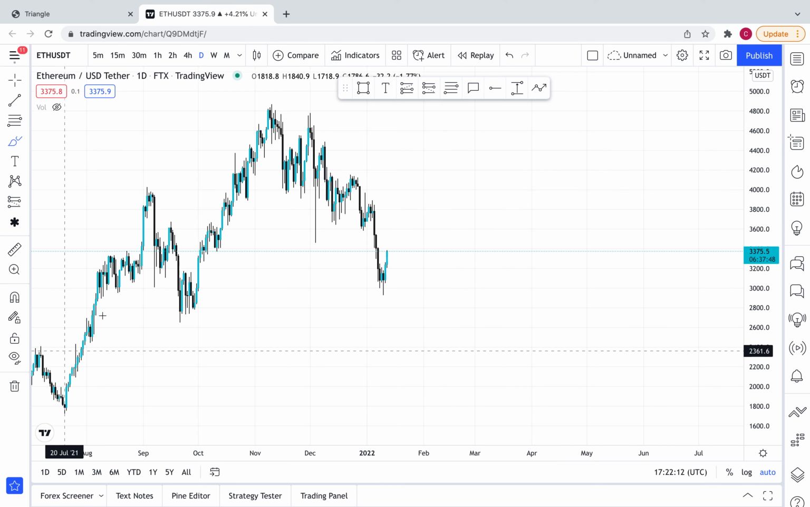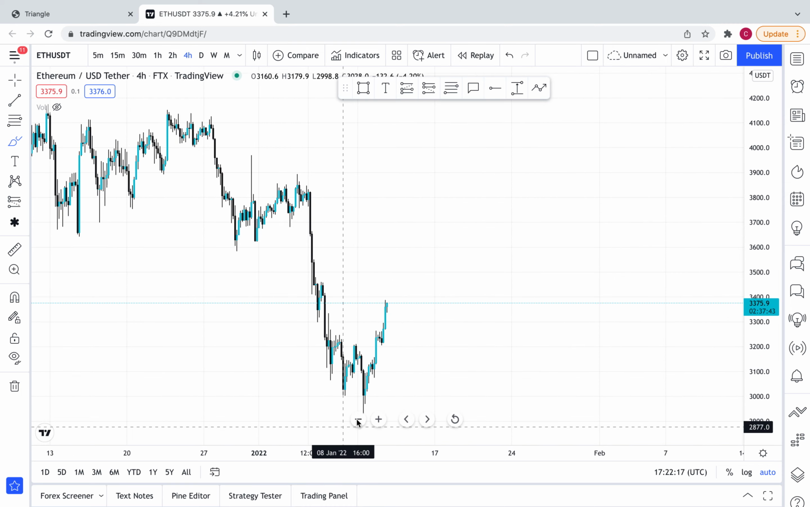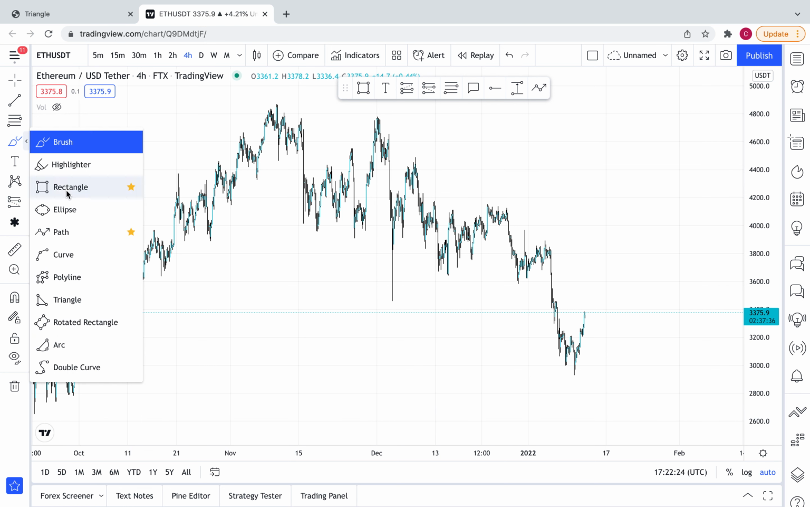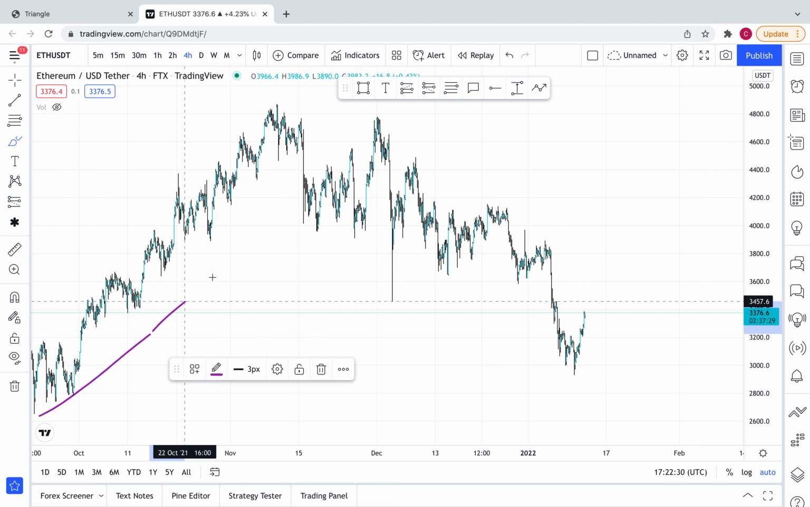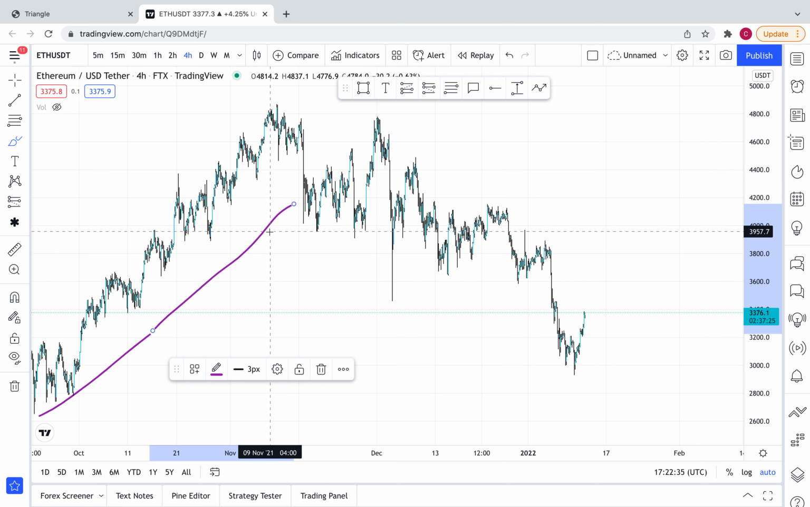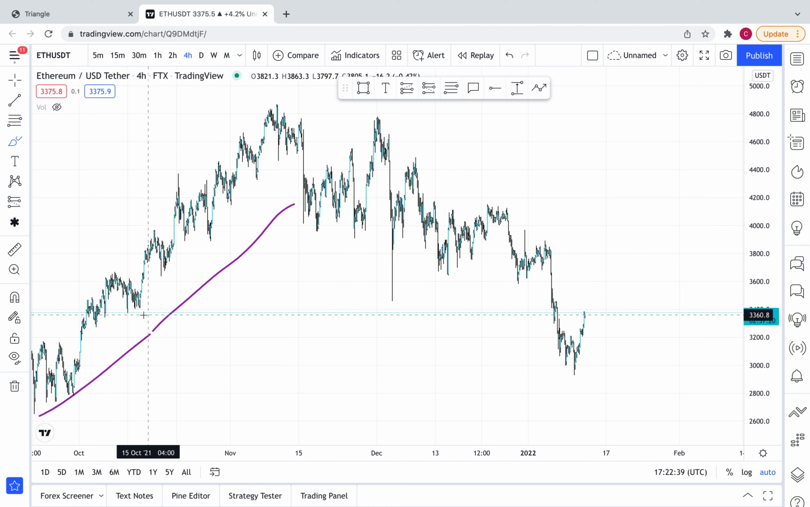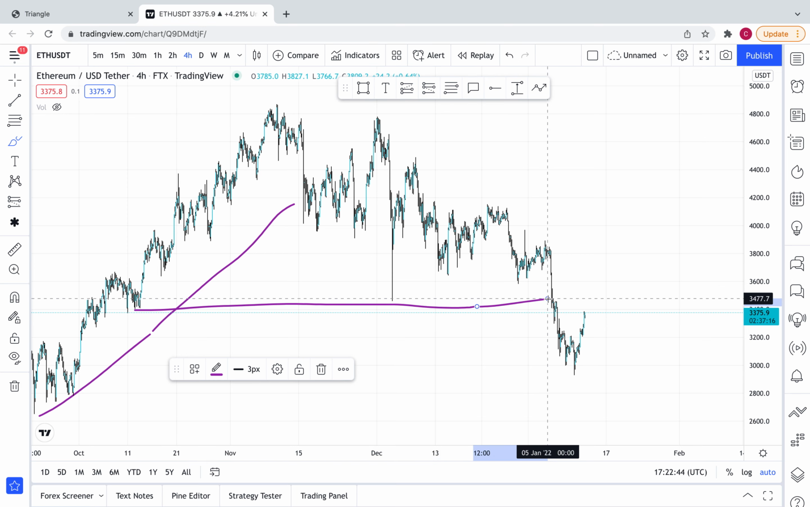So we'll be going to the 4 hours. As you can see, we have liquidity around this region, which was broken down here. Which was cleared to this region. You see, so